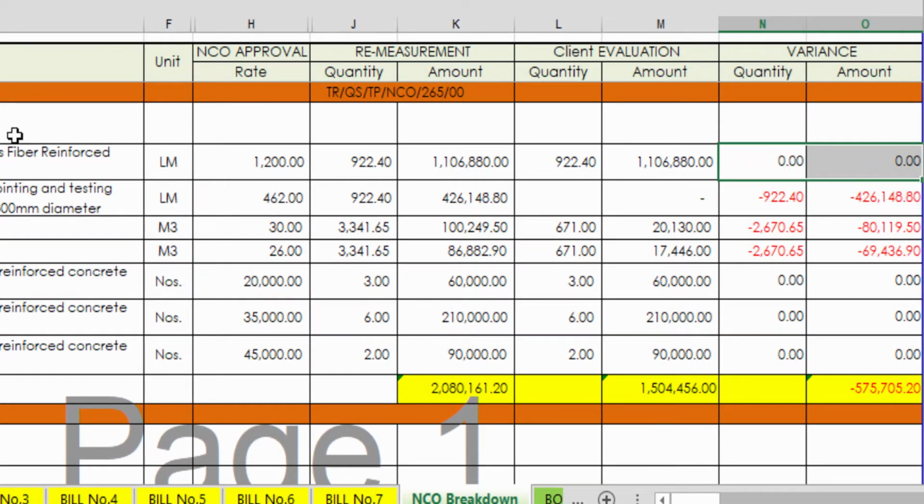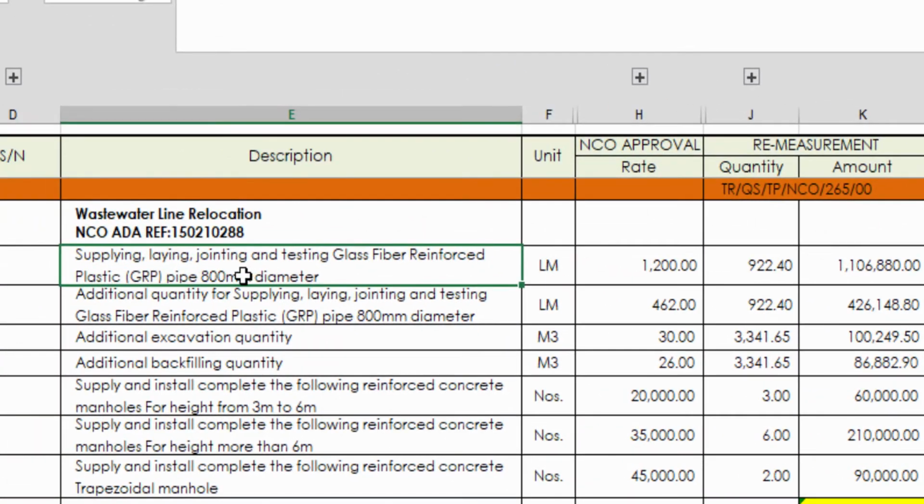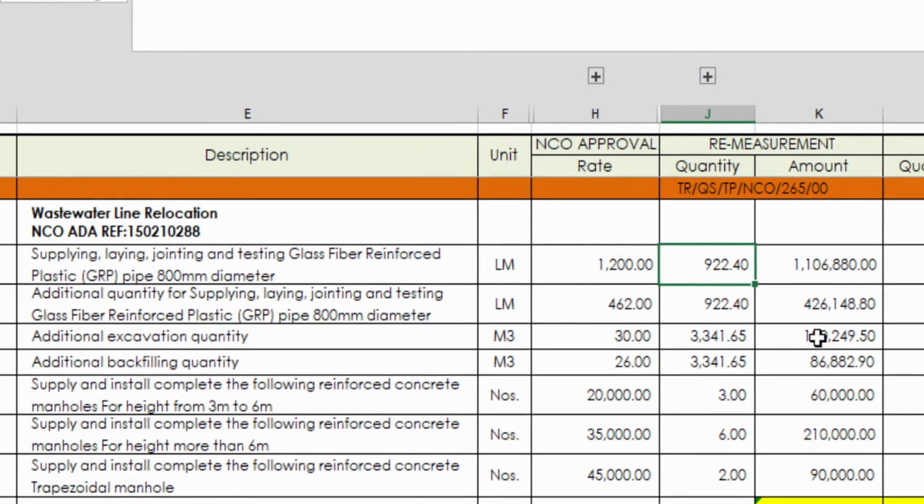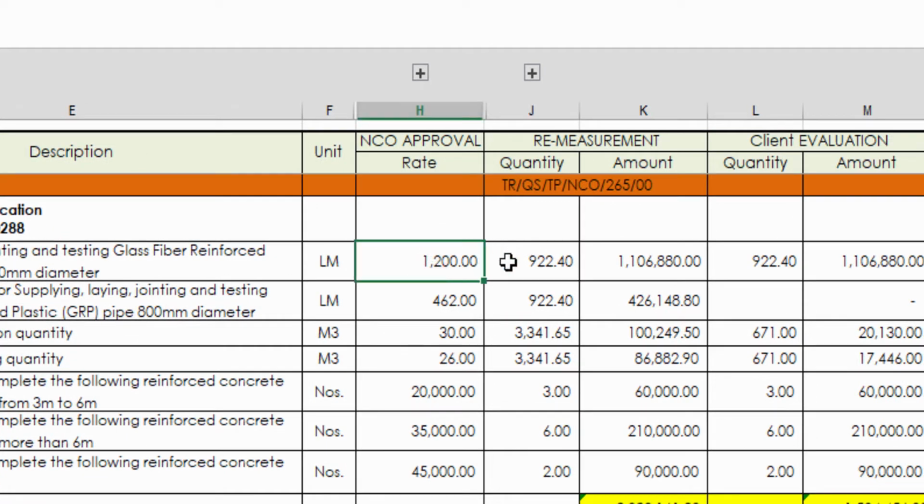For example, in this case: supplying, laying, jointing and testing glass fiber reinforced plastic pipe, 800 diameter. So this was an item. Initially the rate was approved at 1200. Okay, the quantity that we submitted is 922.40. So this multiplied by this is the amount that is coming.